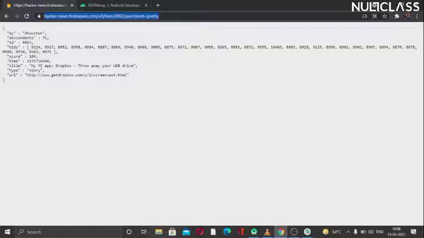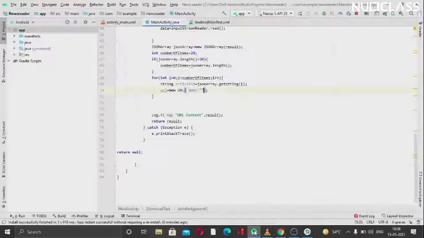I will first copy it from here, then go back to Android Studio and paste it right here. I don't want this 8863, as it was just an example.